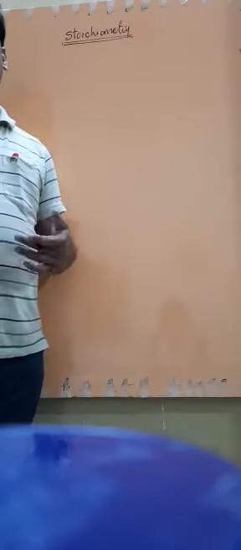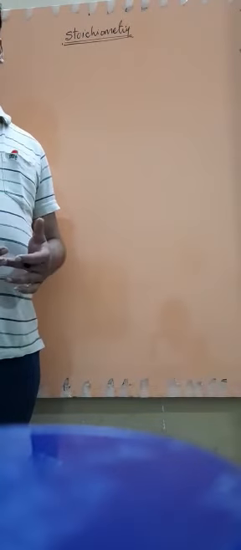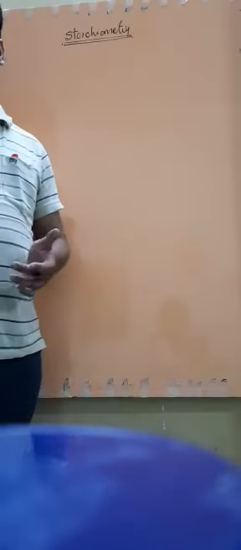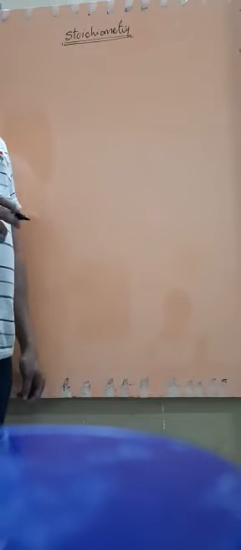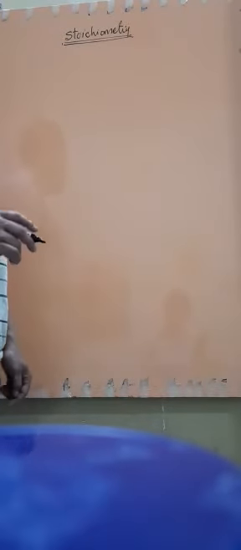Today we are going to discuss a very important part of chemistry: stoichiometry. It consists of a number of terminologies, definitions, many numerical questions, derivations, formulas, etc. So many things comprise stoichiometry. This is the first period of stoichiometry, where we have to discuss a very simple thing, atomic mass.